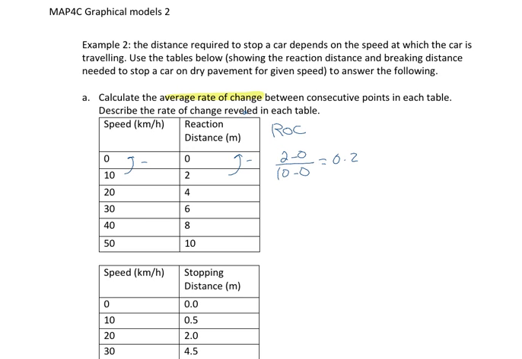So you're going to take the same thing. You're going to do 4 minus 2 over 20 minus 10, which is 2 over 10, which is 0.2. I want you to do the rest of